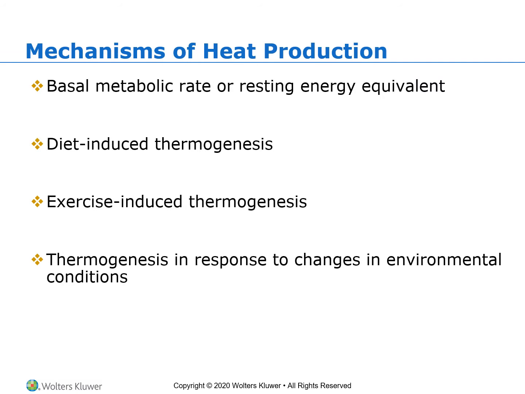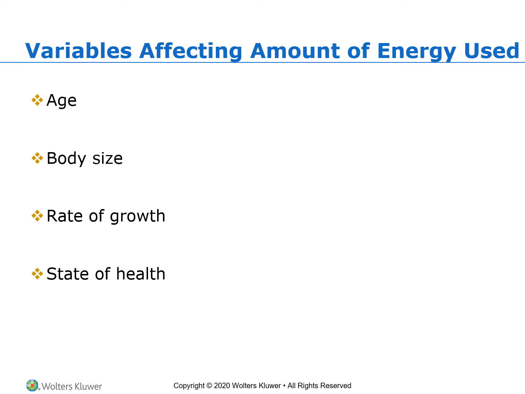And so also when we talk about heat production, what goes into heat production? We talked about those. Basal metabolic rate or resting energy equivalent, diet-induced thermogenesis, exercise-induced thermogenesis, thermogenesis response to changes in environmental conditions. We talked about these in the beginning of the lecture. We talked also about what variables affect amount of energy used